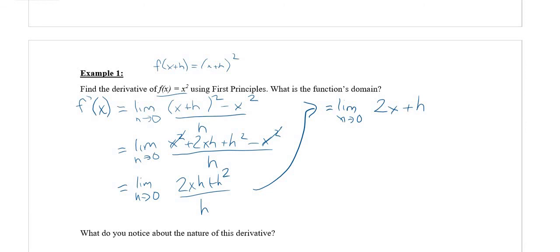So now, again, we have gotten rid of that zero in the denominator. So at this point, we're laughing. We know that all we have to do at this point is plug in whatever we said h is approaching. So in this case, h is approaching 0. So we're going to get rid of that limit definition. It's going to be 2x plus 0, or just 2x. So the final answer for this is f prime of x is equal to